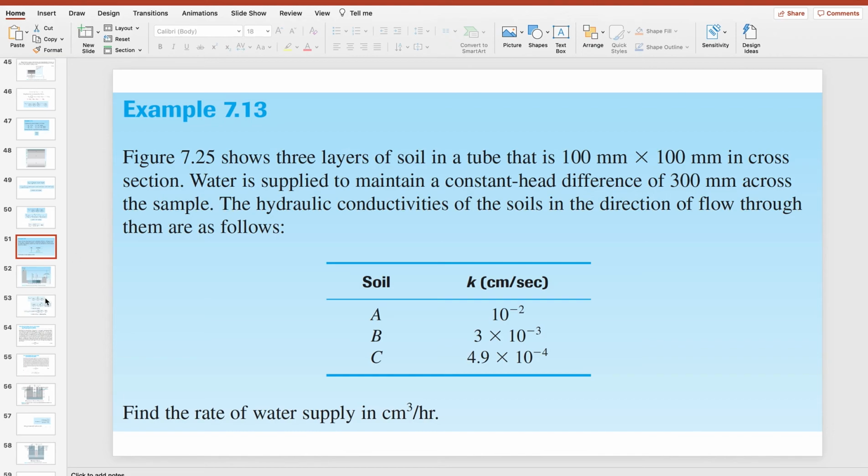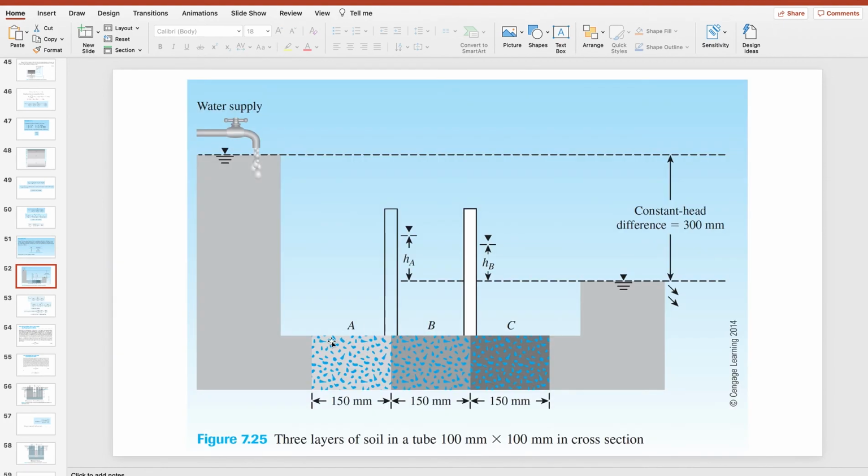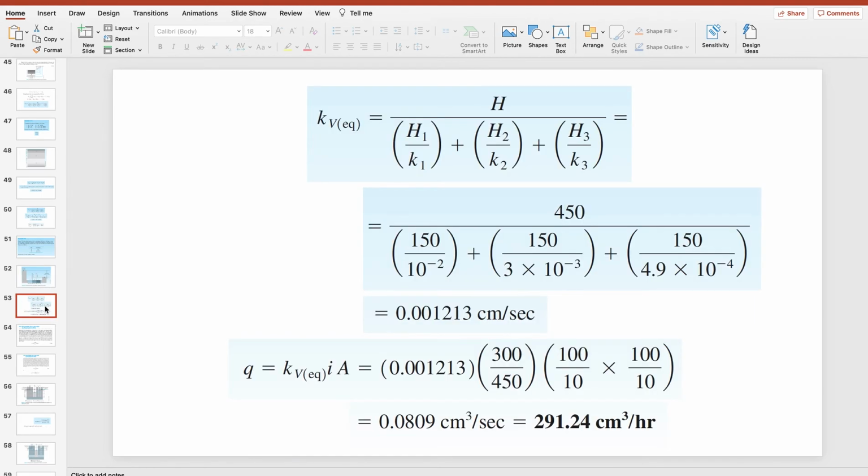Okay. So, for the area, it is 100 mm times 100 mm. So, the cross-sectional area of these soils is 100 mm by 100 mm. But take note, ang pinag-uusapan natin dito is in centimeter. So, yung 100 mm gagawin nating centimeter, so divided by 10 times the another dimension of 100 mm. So, gawin nating centimeter. So, centimeter times centimeter. Calculate. Therefore, ang lalabas is 0.0809